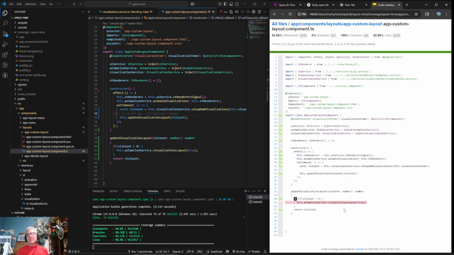I don't know what happens. It'll be interesting to see what happens when I just give it a number. Nothing should happen because it's just iterating over its array over there in the visualization layout. So it shouldn't be an issue. But let's go into our spec. Look at our time, 8:21 is good.